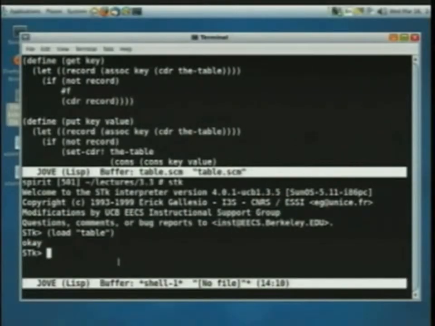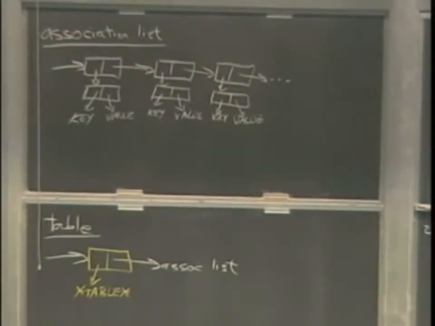So the first thing is to talk about association lists, which are up on the top board there. An association list is a list whose elements are key-value pairs. A key-value pair is a pair whose car is a key and whose cdr is a value. So that's a pretty simple definition. It's a very useful idea to have in many, many situations, so much so that Scheme comes with a procedure that knows about association lists, and that's